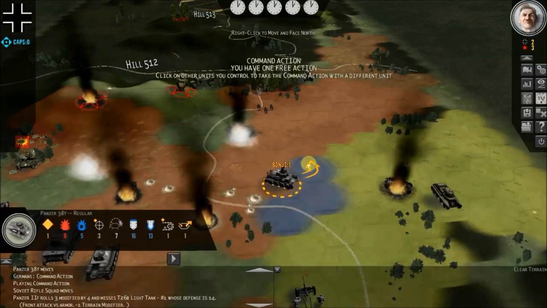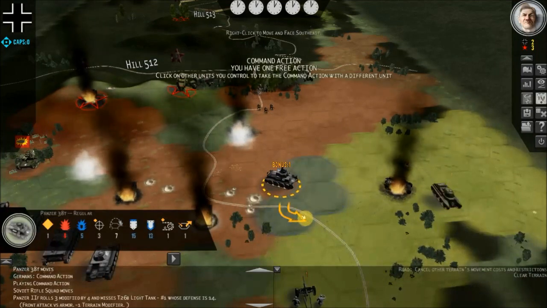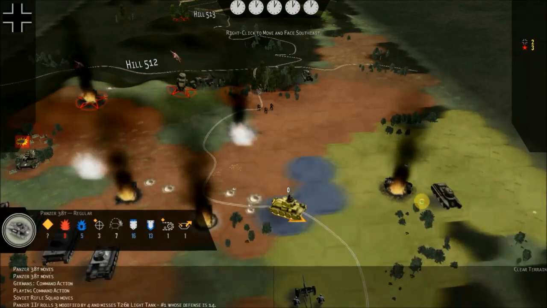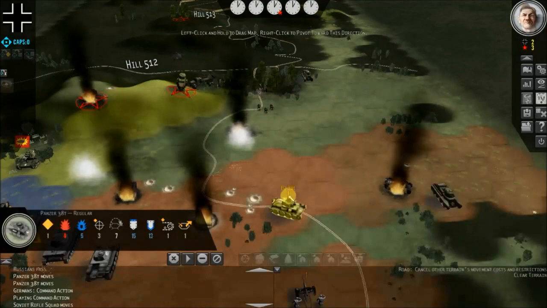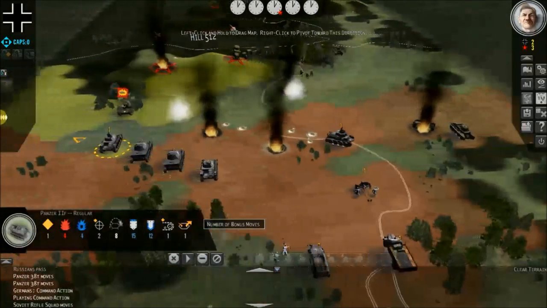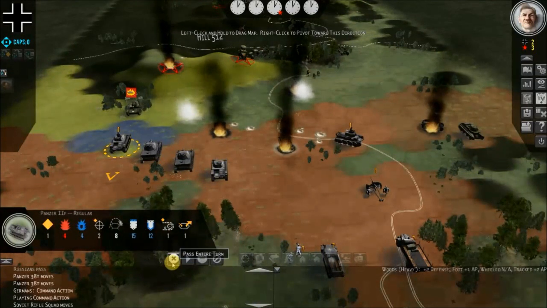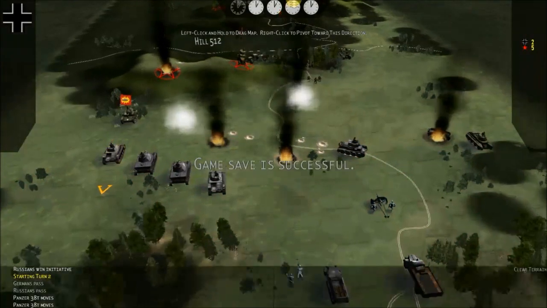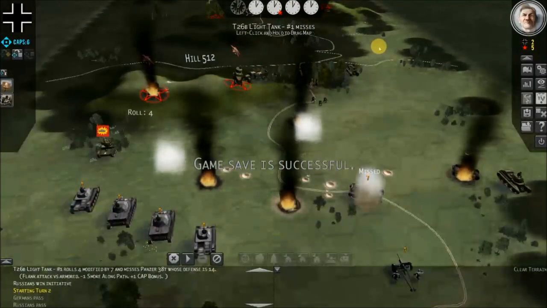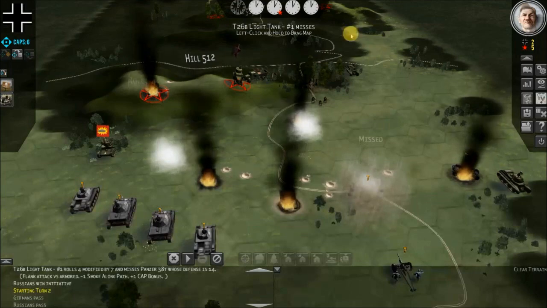So, again, perhaps that wasn't the best thing to have done. Shall we end the turn? Because I think I've done really badly with this. Let's pass that turn. Now they've got their remaining turns, any remaining action points that they've got, and you'll see